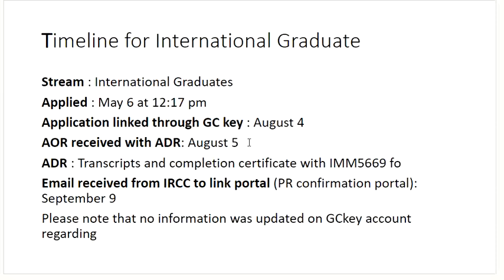This is again an indication for those who are wondering whether we need to wait for the AOR to link up our application. You can give it a shot, and in case it doesn't go through, you can always try again, but don't get annoyed or disturbed about not being able to link up your application before AOR, because your application has to be loaded on GCMS by the centralized system. There is nothing you can do about that. Sometimes IRCC is in the process of doing it. You upload it, you're able to link up your application, and the very next day you get the AOR because that's in process. I hope things are getting clear over here.